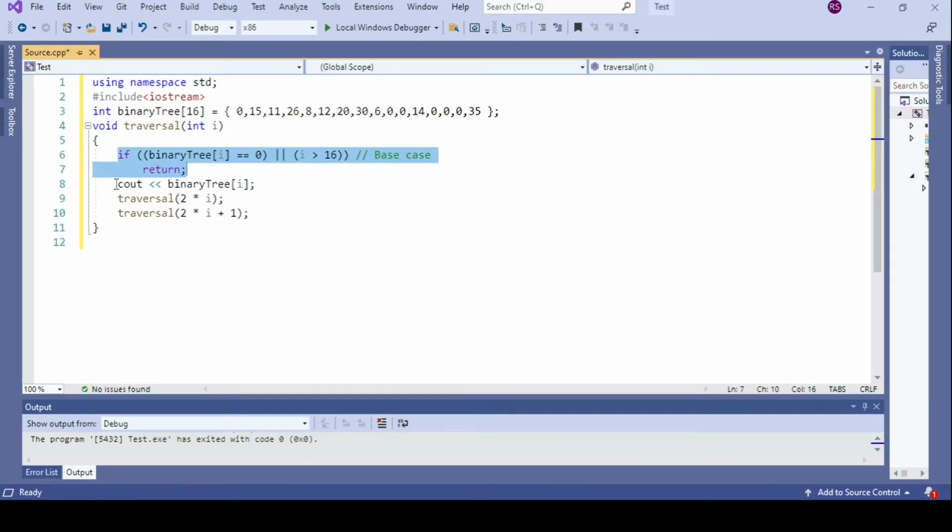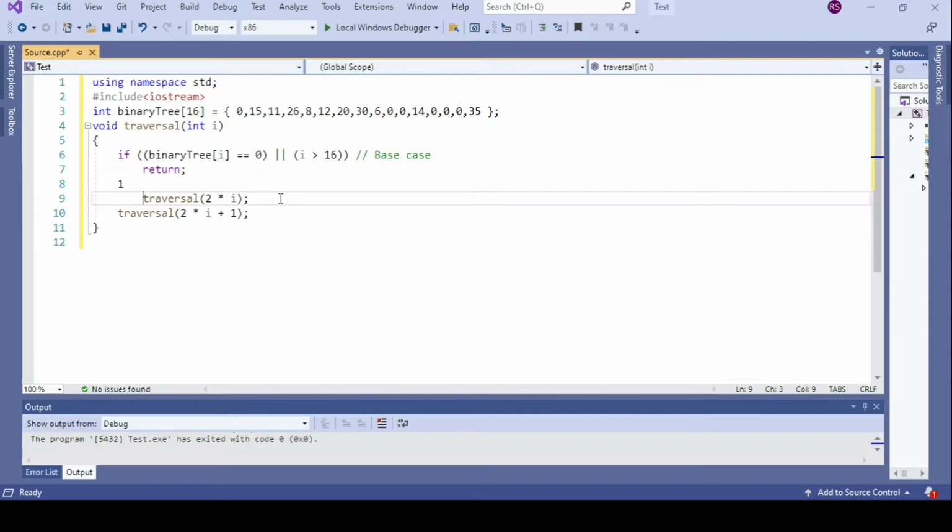And after that we have to print the data, which is 15, 11, 26 and so on, and then we have to do the traversal of the left child and the traversal of the right child. Here we have got three options. One is printing the data ahead of the left and right child traversal, printing the data in between the left and right child traversal, and printing the data after the two traversals. You know very well that each one has got a name: pre-order traversal, in-order traversal, and post-order traversal. So let me try the in-order traversal.